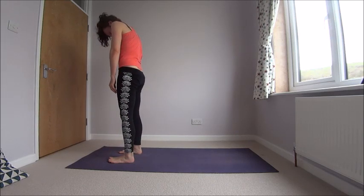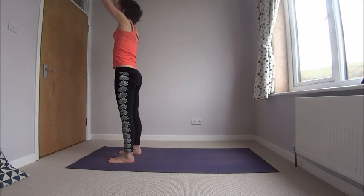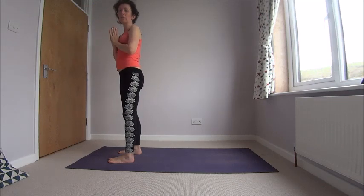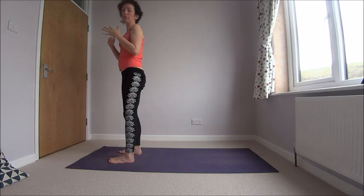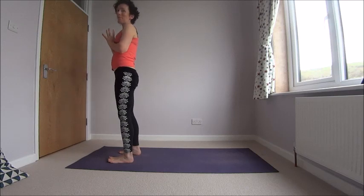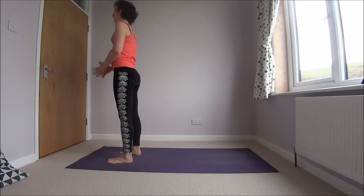Maybe inhaling the arms up once you get there and exhaling the hands back down to heart. We're going to do that one more time, and this time if you would like to, you're very welcome to do a full sun salutation with a chaturanga, if you know what I'm talking about. Don't worry if you don't. So we're going to inhale the arms up,